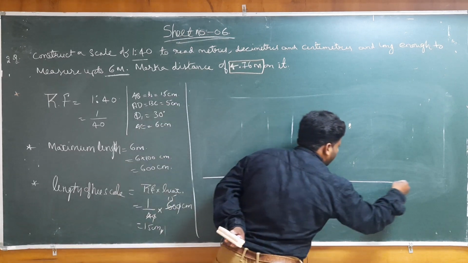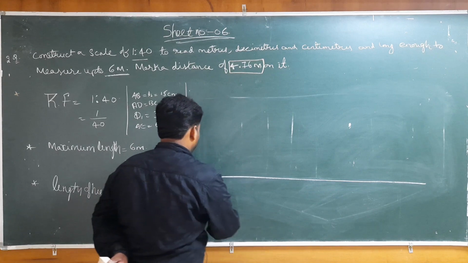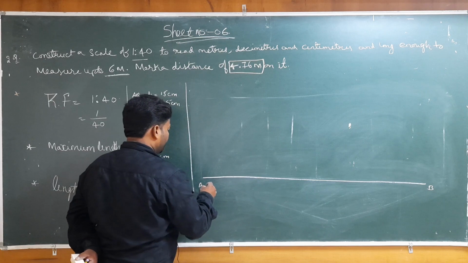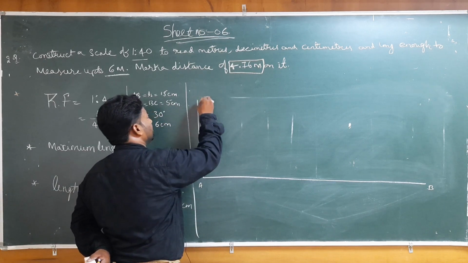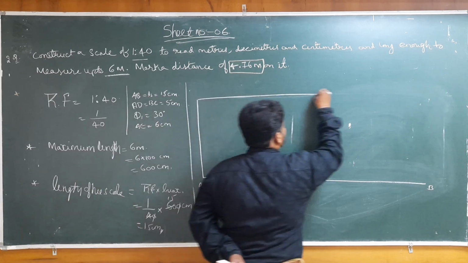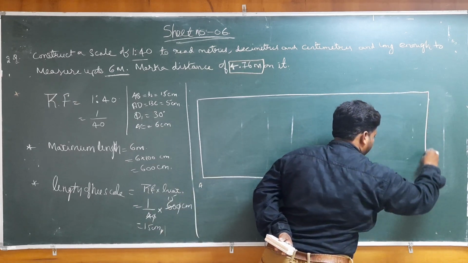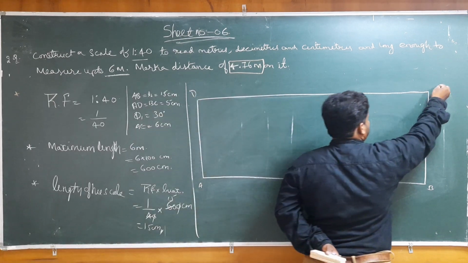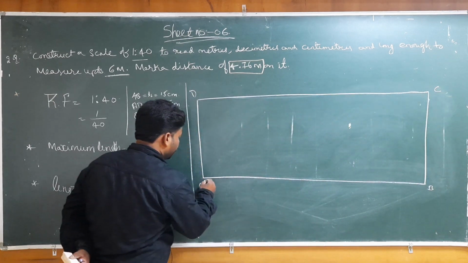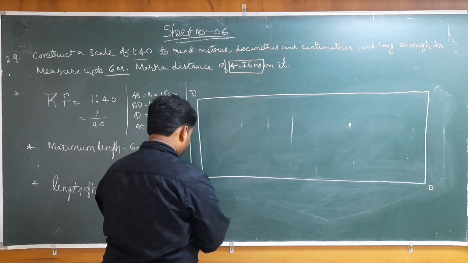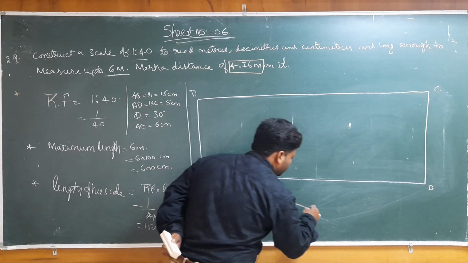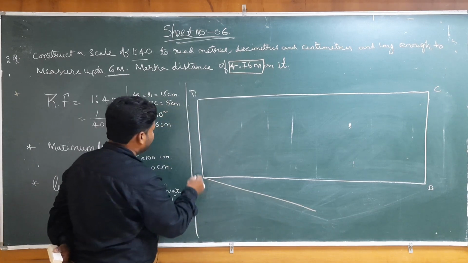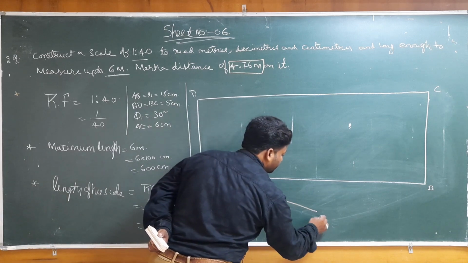So we are taking AB, this is A, this is B, that is nothing but our 15 centimeter line. Now this is our width, that is equal to 5 centimeter. Now after that, theta 1. This is our theta 1. Now theta 1 is equal to 30 degree, and I am taking AE. This one I am marking as E.